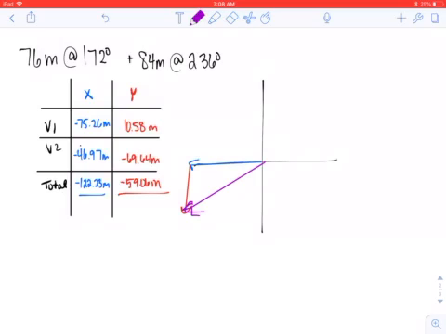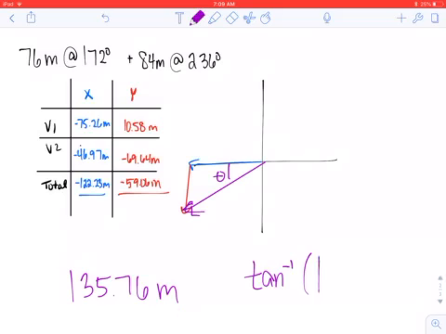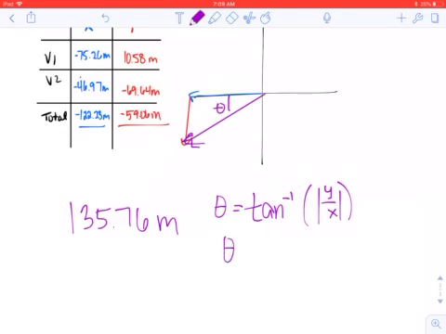Okay, so using a squared plus b squared equals c squared, go ahead and try to figure out what is the value of this resultant. Okay, you should get, after you've paused of course, 135.76 meters. Okay, now we need to figure out this angle. Okay, so we're going to use inverse tangent of the absolute value of y over x equals theta. This is where the absolute value sign really becomes important, okay? Because these are negatives, you're going to get different answers. So theta, again, plug in your numbers, try this out, equals